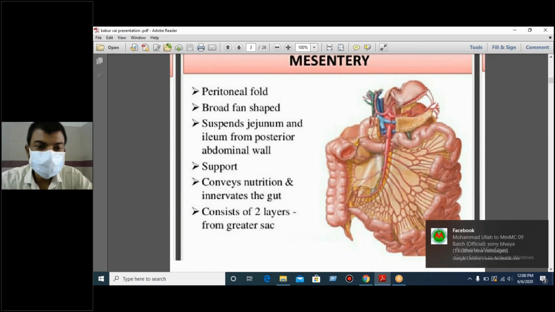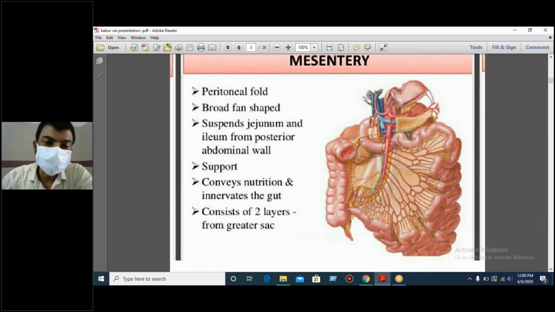What is the mesentery? It's a peritoneal fold, broad and fan shaped. You are seeing it in the figure. This is actually the fan shape.